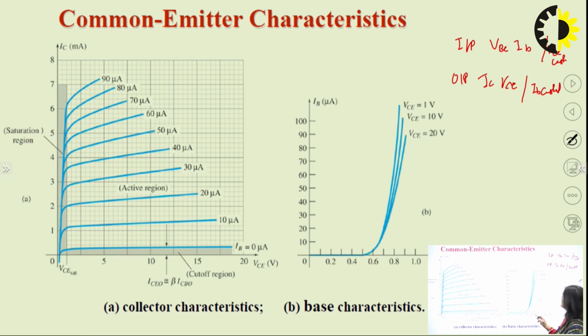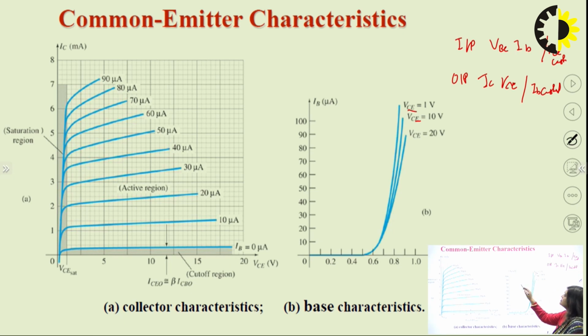So here also this graph is between VBE and IB. Here it also behaves as a semiconductor diode, a forward biased semiconductor diode. So this characteristic is very similar to the forward biased diode. And we can see here that if we increase the VCE to 1 volt, 10 volt, 20 volt,